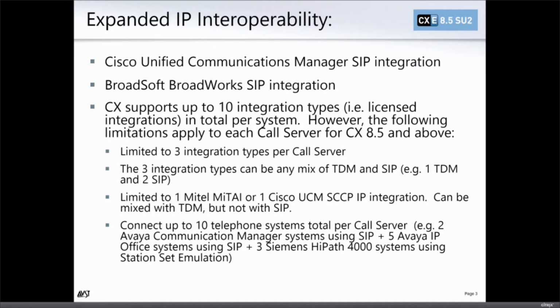So once you've determined the 3 types of integrations you're going to put on a call server, a single call server can connect up to 10 physical phone systems. And that's a pretty large mix. We're not too concerned about that as a limitation. We support up to 20 call servers. So that actually says we could hook to 200 different telephone systems,